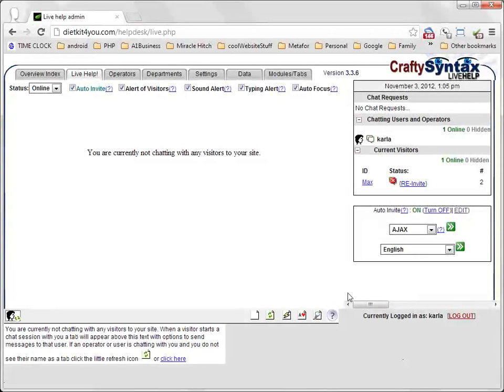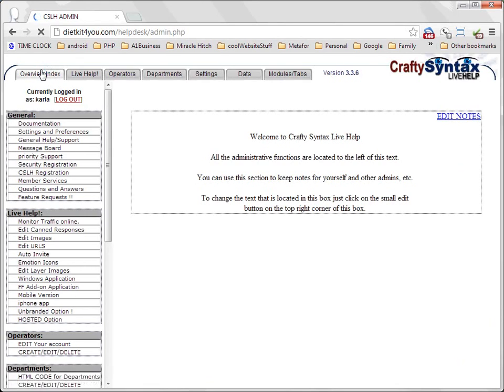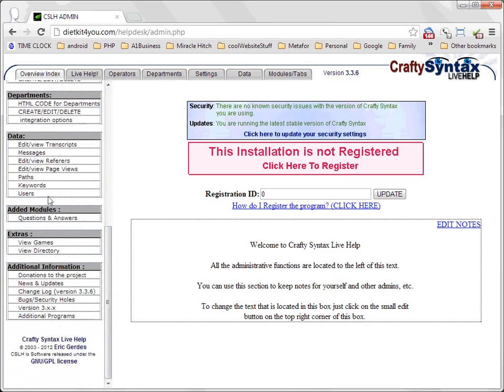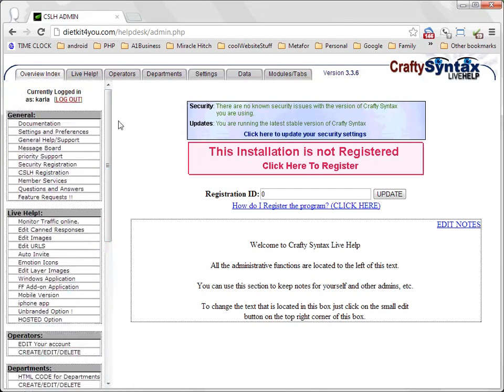Okay, so maybe we'll just do a quick overview here of the application. We see that we got these tabs across the top, and then if we scroll down, we'll see we got a bunch of links over here. Now, one of the things that I was telling you about is the canned responses. So if you go under this heading here, Live Help,